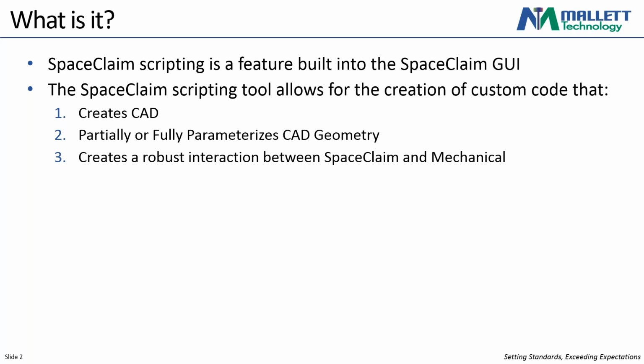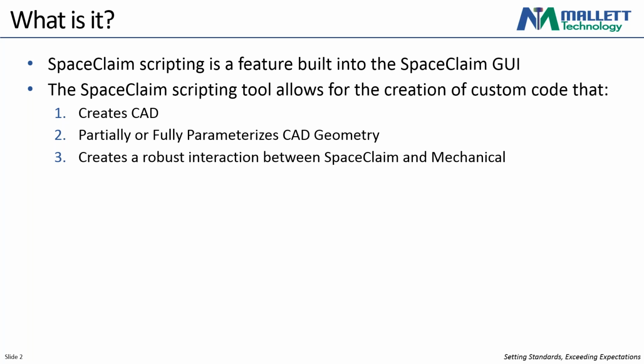If you want to create essentially the exact same CAD and, while you're creating it, modify different dimensions or parameters, it's all available and directly shown in the code that's created, because everything explicitly has to be called out. Versus when you're doing indirect or direct modeling, it may not be quite as clear how to do it. The next benefit is you can use this to partially or fully parameterize CAD geometry, depending on your needs.